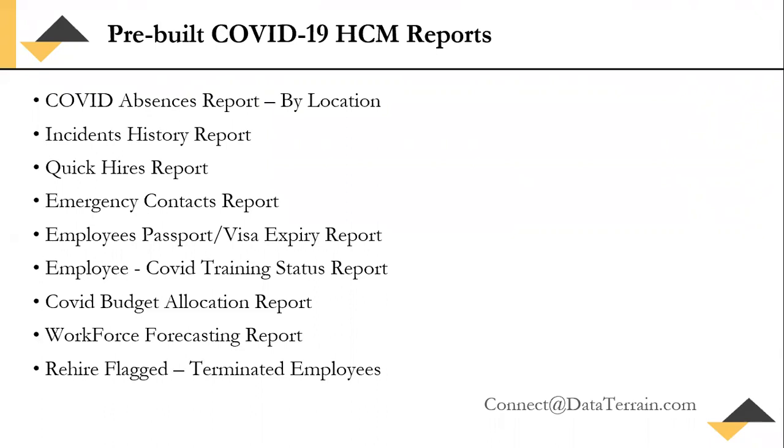And then the emergency contacts report. This will provide you an overall view. For example, all the employees would have registered some emergency contact when they were hired. The emergency contact may be too old, not a recent one, or the numbers would have changed, or any such thing would have happened. So this report will provide you details regarding the emergency contacts registered under the employee's name for the past 5 years. It will compare whether in the past 5 years any change has happened in this emergency contact, any new number has been provided, or they are still maintaining the same old contact that they gave in the past 5 years.